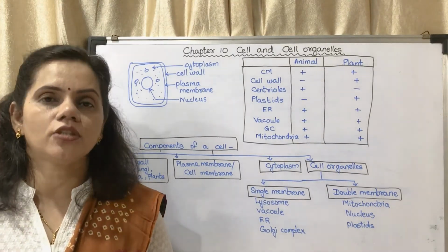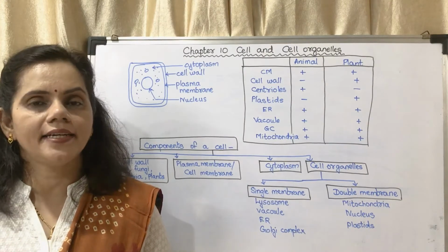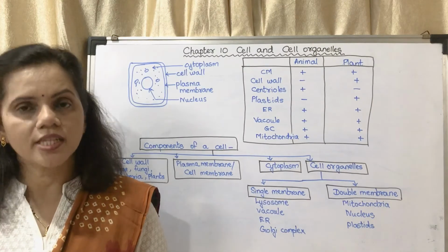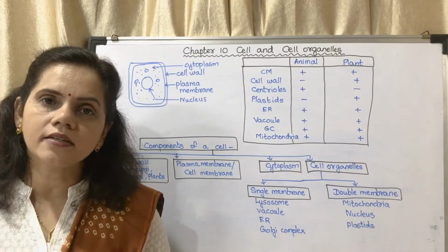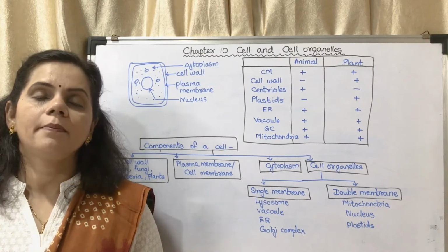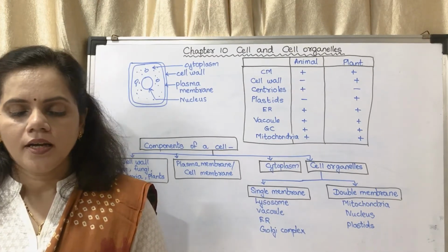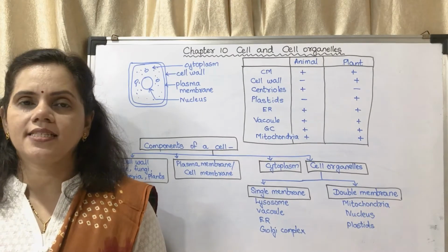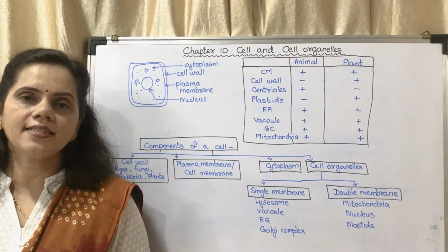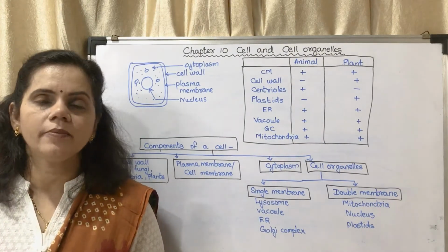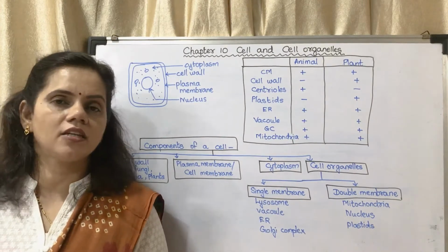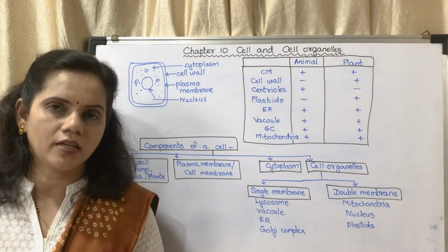A cell needs oxygen. So oxygen will enter the cell through the plasma membrane. Carbon dioxide which is produced in the cell, it doesn't need it. It will go outside the cell through the plasma membrane, by diffusion. If any changes occur outside the cell, outside the cell there is an environment. For us, the atmosphere is the environment. For every cell, the outside conditions mean the outer part of the cell.